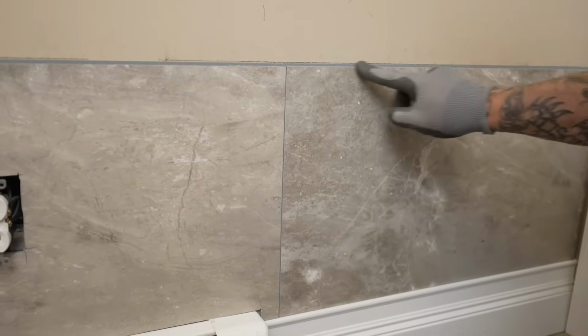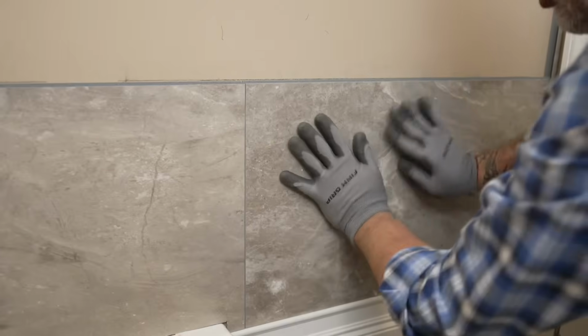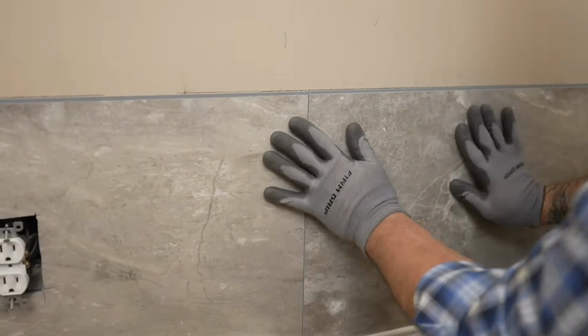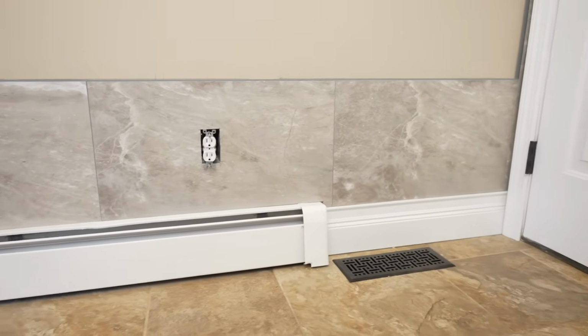Okay, so maintaining our level line, we're inside the track, our joint is connected. We're going to apply full pressure to the tile, make sure it's adhered nice to the wall, and now that completes our first course. And as you can see, we're perfectly level on this first course, and that's the most important thing with your installation. So we can go ahead and cut the rest of our tiles and continue this process all the way up